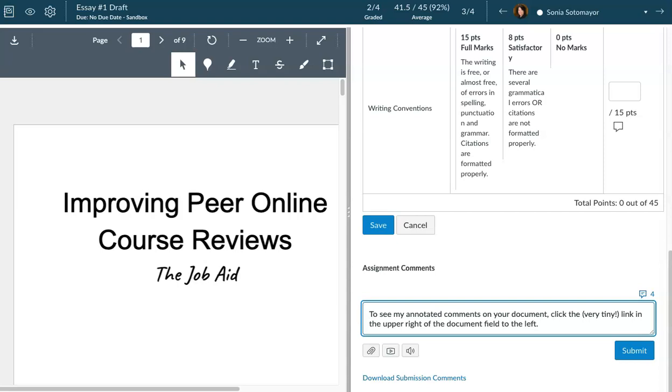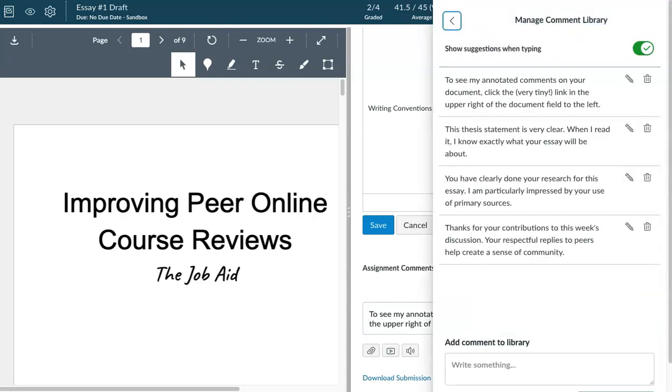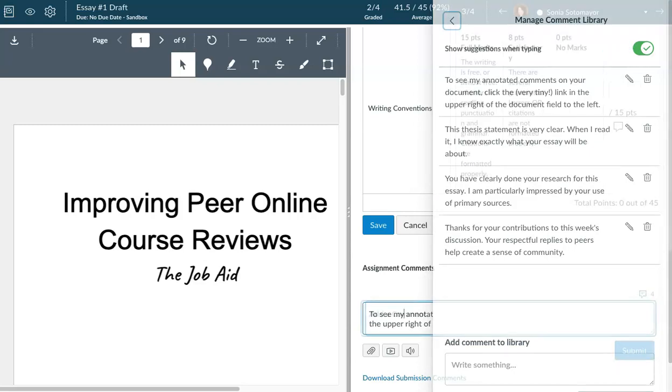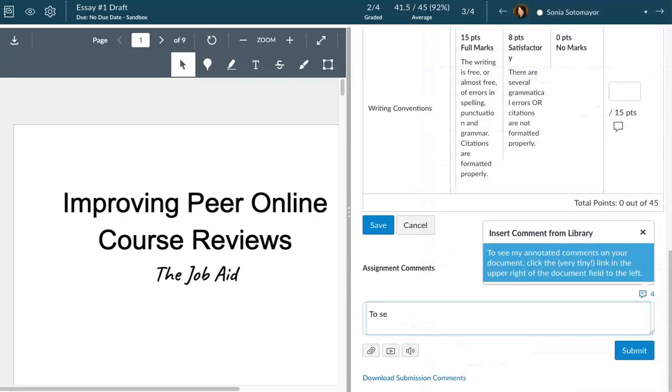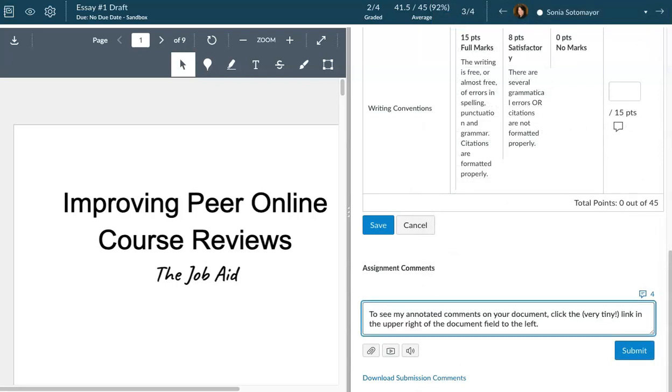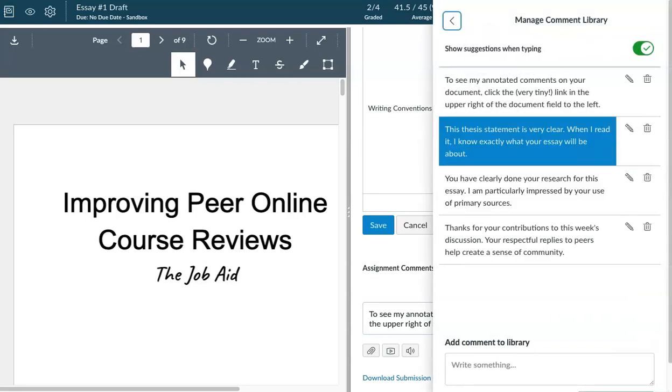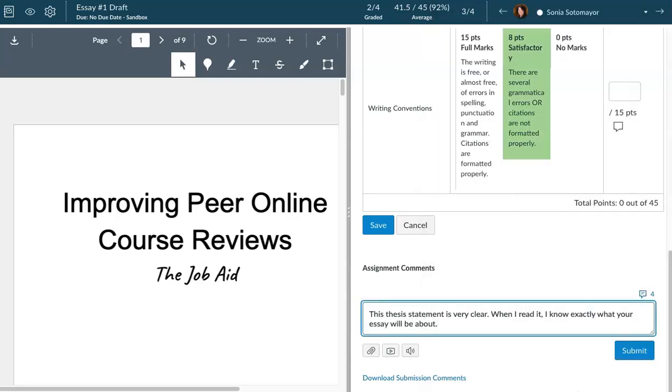You can also, going back to the comment library, if you toggle on the show suggestions option, then when I'm back here in the comment field, I can start writing and it will automatically pop up and I can then just click it and it will populate the field with my comment. The tool is a little clunky in that if you click more than one comment, so I've already added that. Now I'm going to go in and I'm going to say, oh, I also want to say this. It doesn't add it as an addition. It overwrites the original comment you had selected, which is kind of a problem.